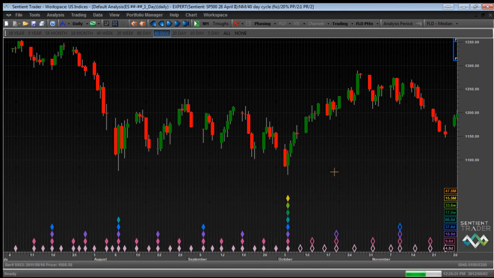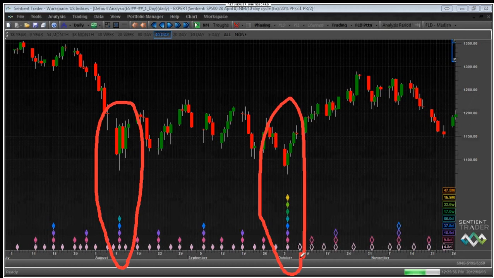Here you can see that the US markets also formed a trough on the 9th of August, but that was a trough of only 80-day magnitude. In other words, it was an 80-day cycle trough. That's over here on the 9th of August, and on the 4th of October, the US markets formed an 18-month cycle trough. Okay, so